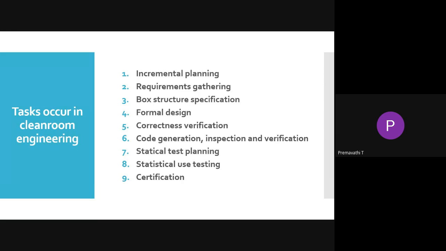In the same way, in formal design the specification is called state boxes, and the component level diagrams are called clear boxes.